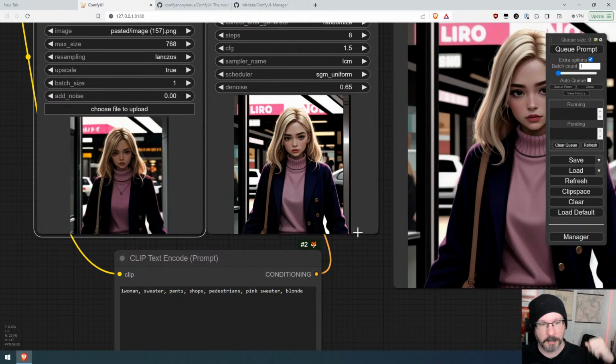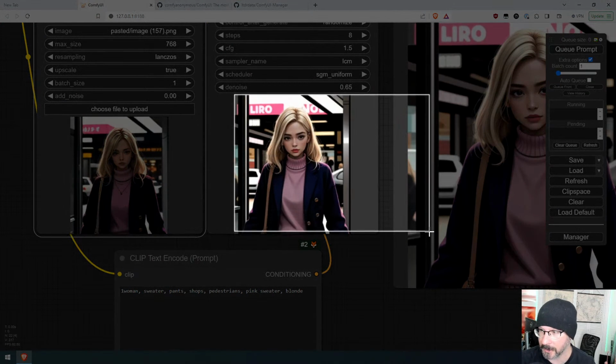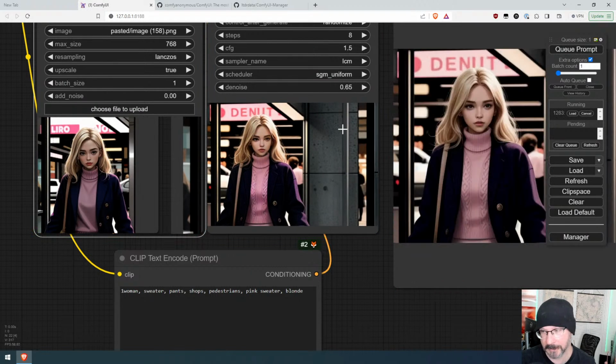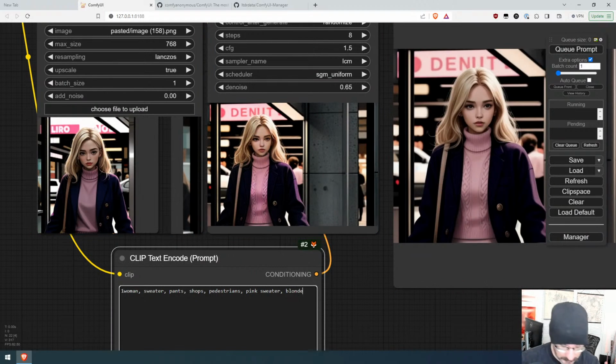And this is where, as an artist, I start to think to myself how easy it is to iterate on a concept now and get reference. Because if you think about it, if what you wanted to draw was a blonde woman with a sweater, this got it. Does it have extra stuff? Yes. Do I still need to keep working on it? Yes. But let's say that I don't like the layout of this. Well, I can just change the layout now with this tool, and now I'm getting a different layout, with a different prompt. I can say